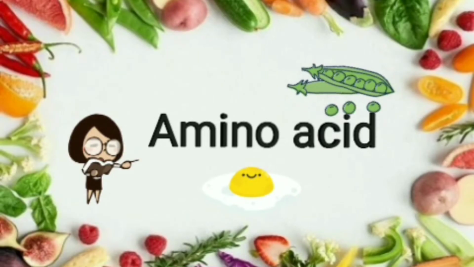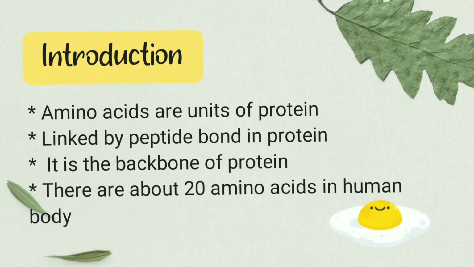So in this video, I am going to discuss amino acids. Amino acids are units of protein linked together by peptide bonds. They are called the backbone of protein, and there are about 20 amino acids in the human body, and